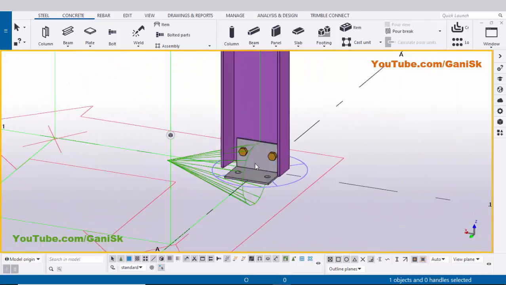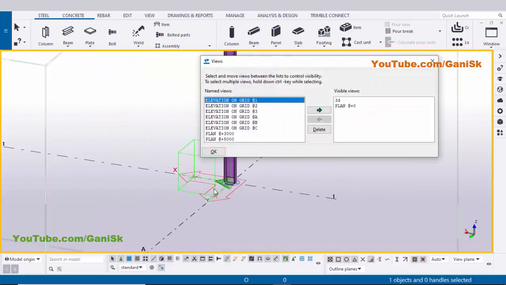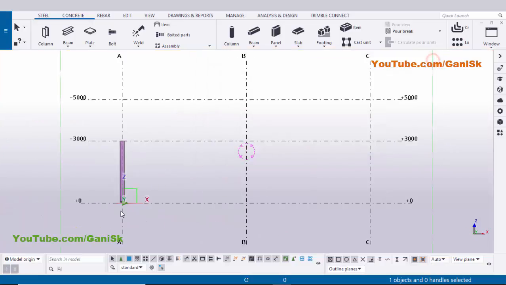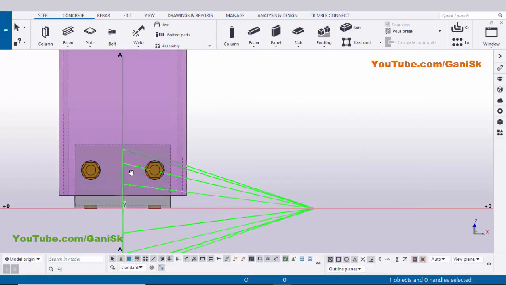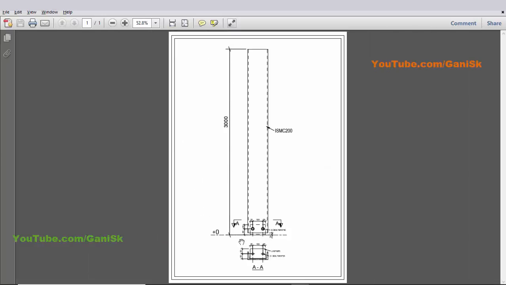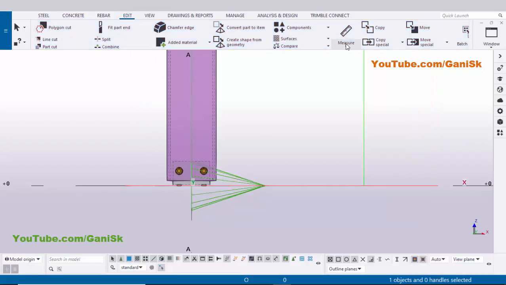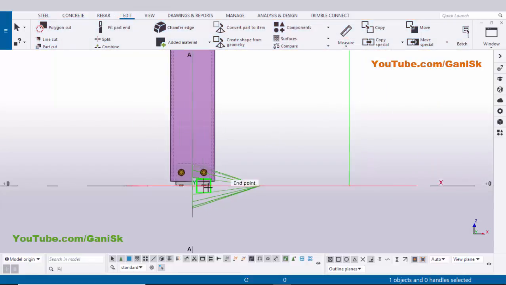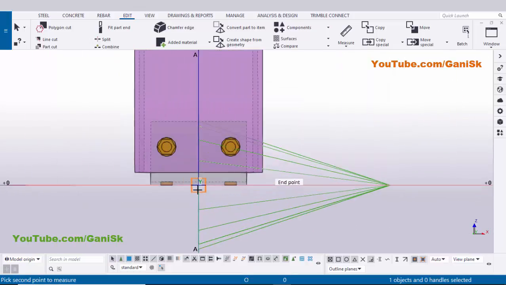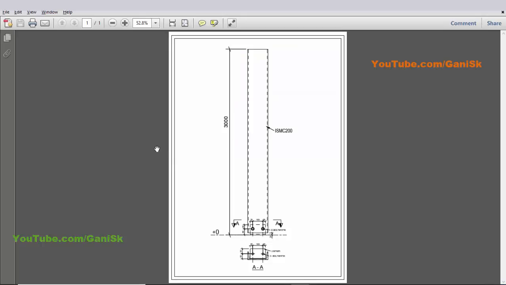Okay, now we're going to measure this spacing. So go to view list by using the shortcut Control I, and we need to take elevation along grid 1. So select this elevation on grid 1 and click on this arrow to open. Now we need to measure the spacings here, bolt spacing according to this example, and currently we are going to take total length of this column should be 3000. So pick the edit option and click on this measure and set this vertical distance and pick the first point at here and pick the second point at the bottom of this base plate and click on here to place the dimension. It should be 3000 like this.